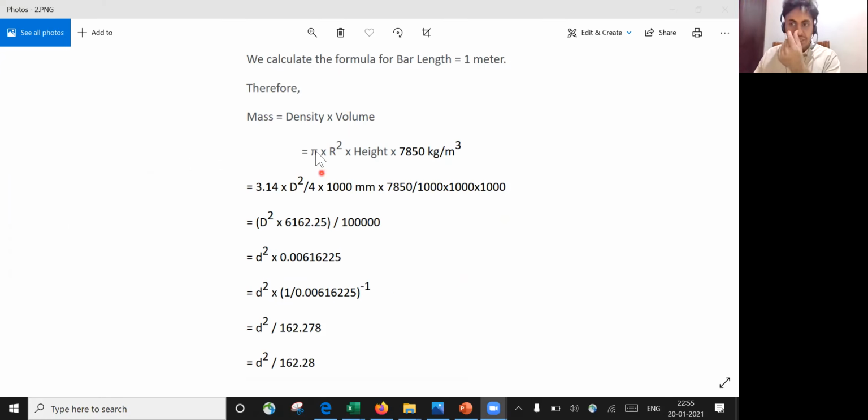The area for the circular portion is pi r square, and the height is height itself. Then you apply pi as 3.142 into d square, and do these calculations. Finally you're going to get d square divided by 162.28. So we can take this as 162.3 or 162.5. So this is a raw formula we try to use, and based on that we have done that calculation.